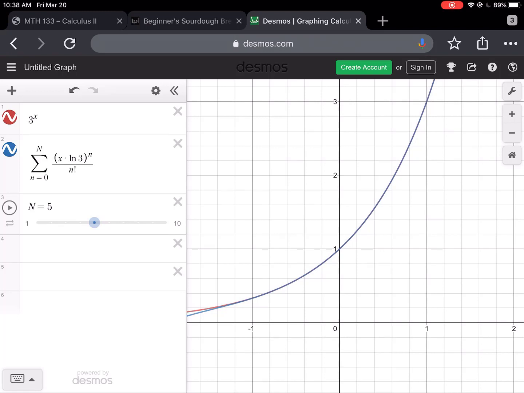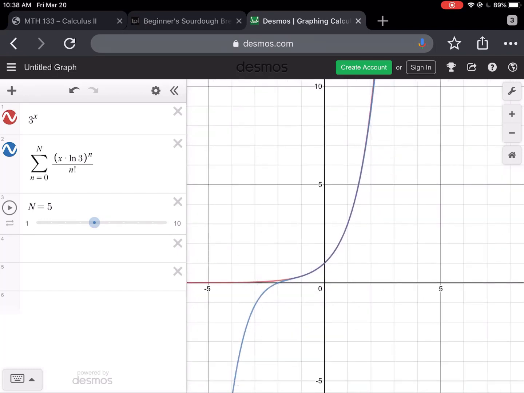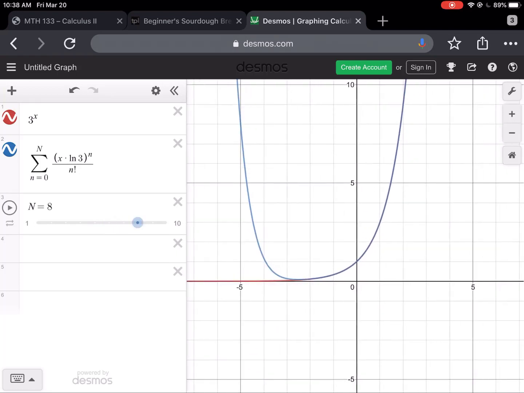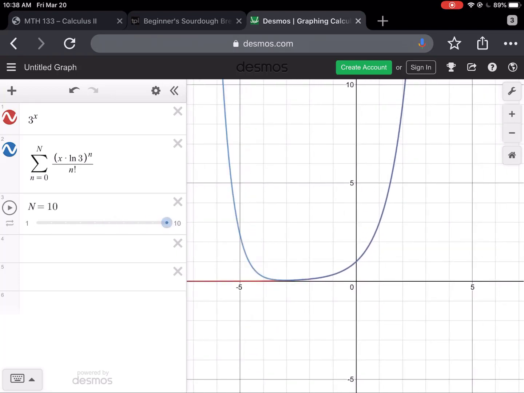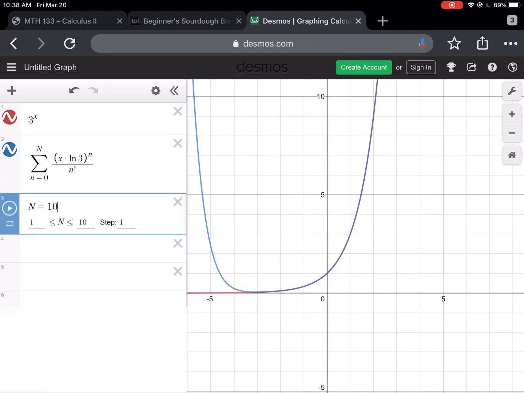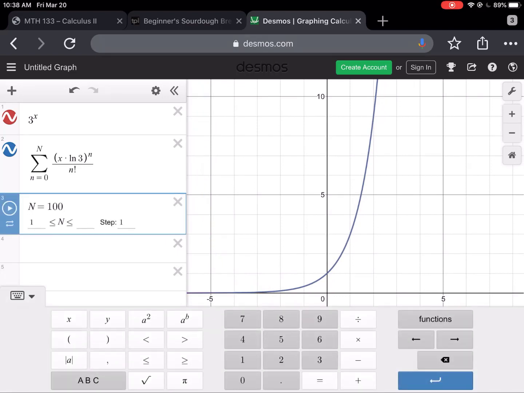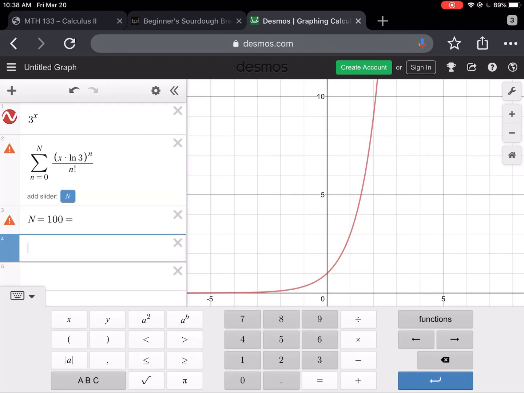And you can see that it's actually doing a pretty decent job of approximating 3 to the x, at least on the window that I have here. Of course, if we zoom out, you'll see that it's not doing a perfect job. It seems to be doing a little bit better on the right-hand side than it is on the left-hand side. But you can also see that if you increase this a bunch, going up to 10, it starts to do even better. And we could even cheat a little bit and add an extra 0 here. So if I went to the 100th term,